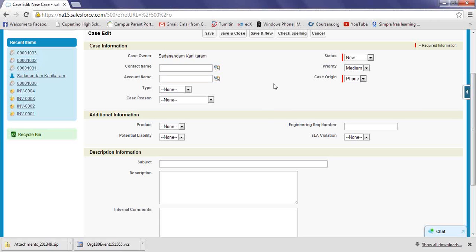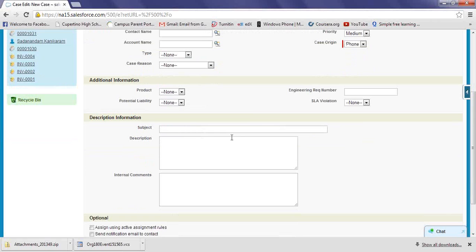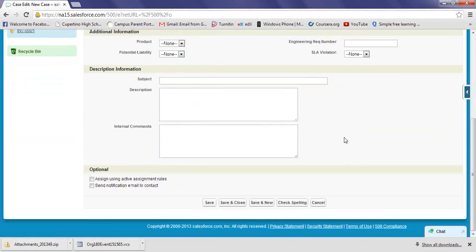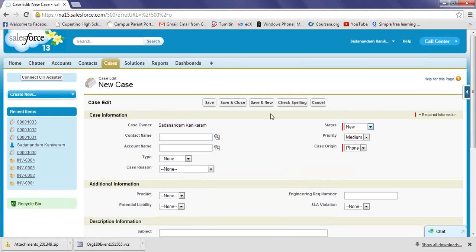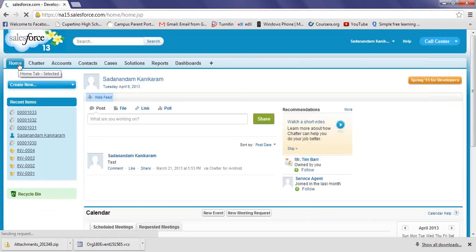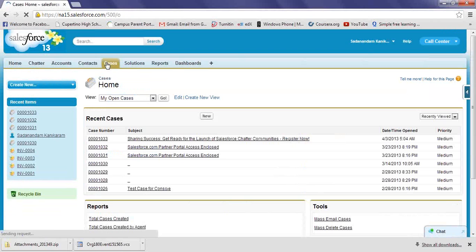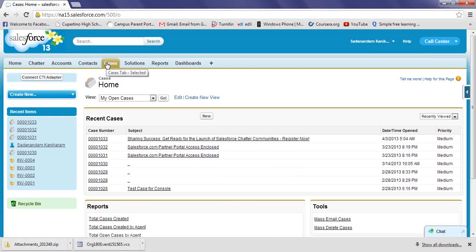So it could be different like that, and also you might have added more fields, or case origin could have different values, and even status could be new, working, or some other values. So all of that is doable, or maybe you'll have different sections, or it could be a longer page than what you see here, depending on what you would have. Yeah, it could be depending on the company, what they sell, what support they provide. Depending on that, all these would change.